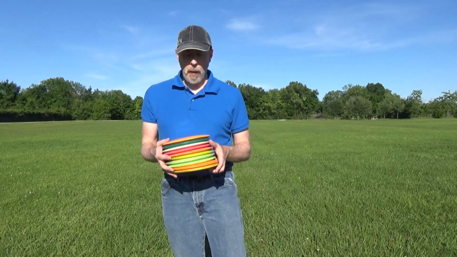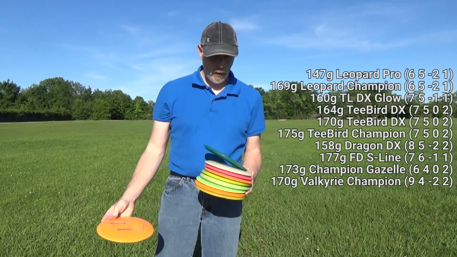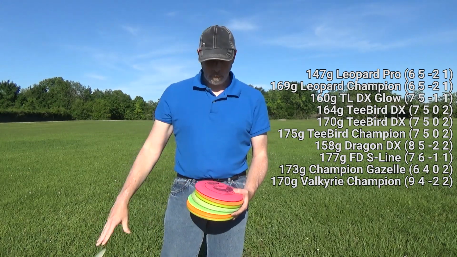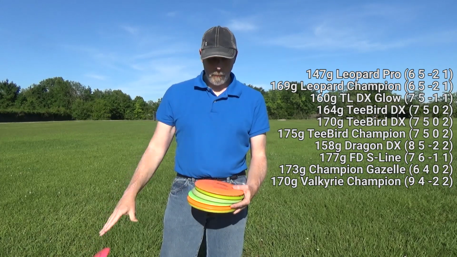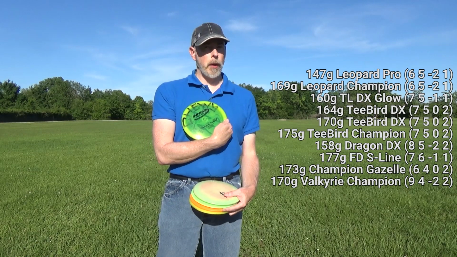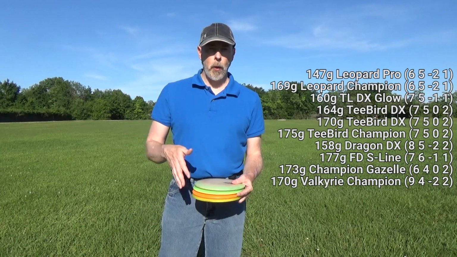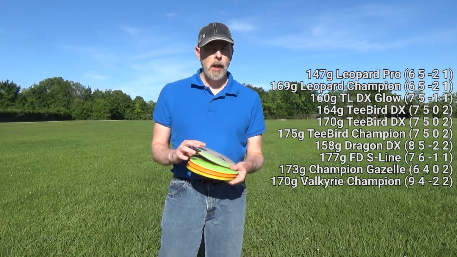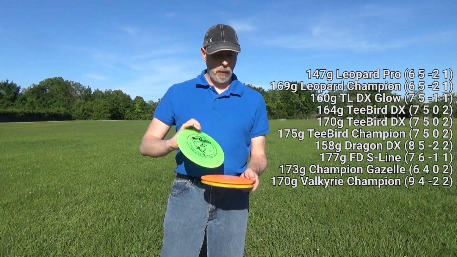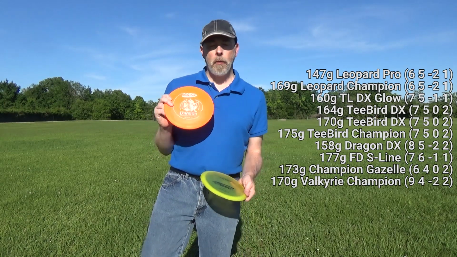And I'm going to list them on the screen real quick, but it's basically Leopard, another Leopard, TL, T-bird, another T-bird, a little bit heavier, a Champion T-bird, a little bit more overstable, and allegedly better throwing because of the shape of the plastic, etc. An FD, a Gazelle, modestly overstable, and a Dragon, which is fairly understable and has, over the last year of use, due